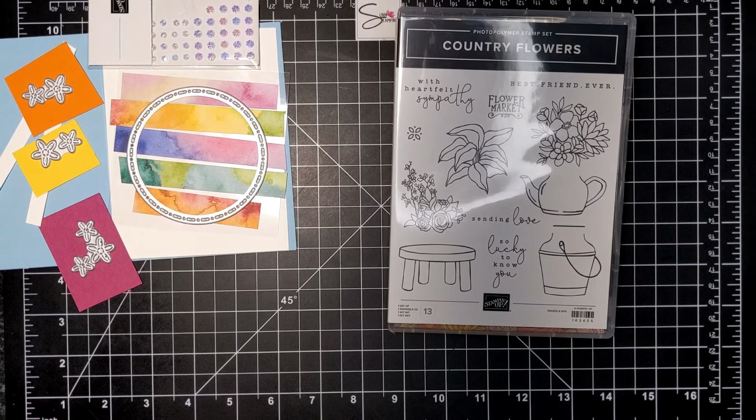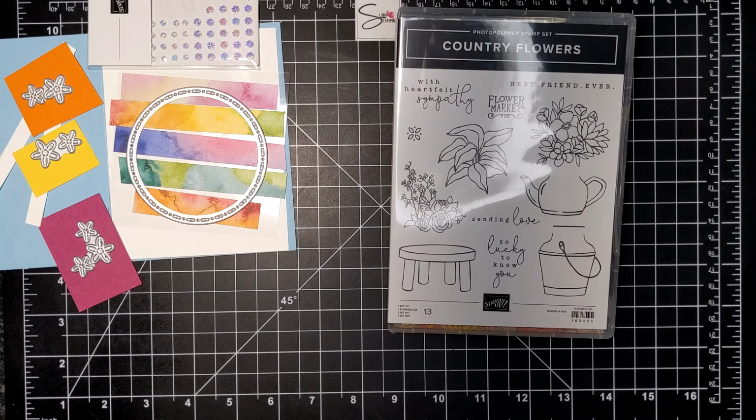For today's project, I am featuring the stamp set, Country Flowers, along with the dies. I'm featuring another set of dies called Spotlight on Nature. And